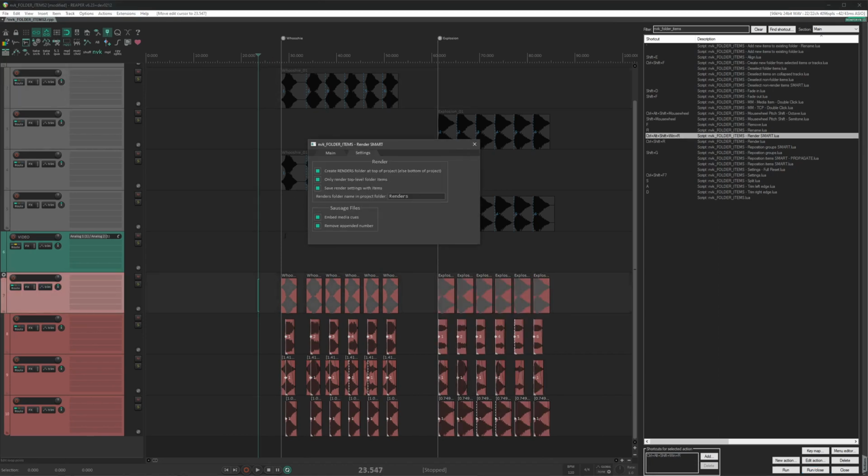In the settings tab, you also have the option to save render settings with items. So this is going to store a few of the settings that you make with the items themselves. So next time you run the script, they'll be loaded automatically. So let's say I'm working on this set of items, and then I have it set to be a sausage file and second pass render, and the tail length is 3 seconds, and I want it to be mono. So if I render it,